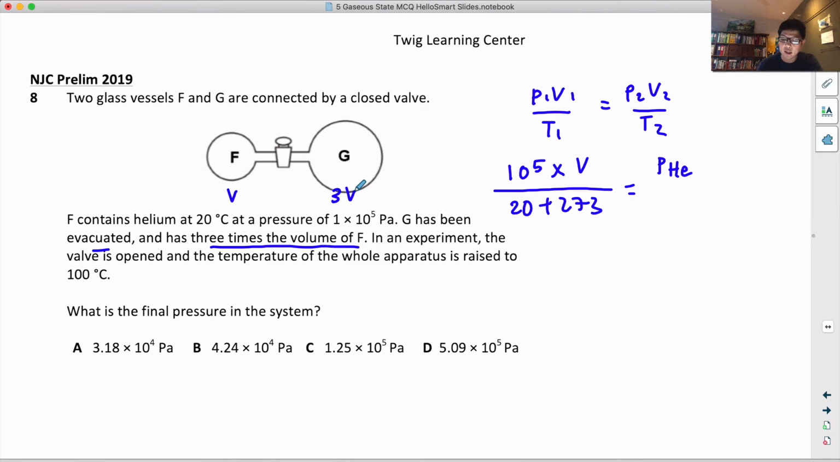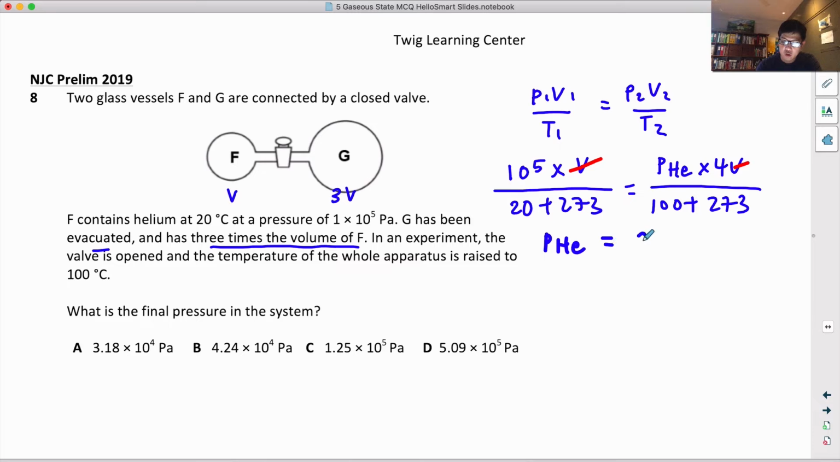So the helium can actually move around in a volume of 4V. Can you see that? So you divide by the temperature, which is 100 plus 273. You realize that the V can just cancel out, and then you just have to calculate. So the pressure for helium, we work it out nicely, you should get a value